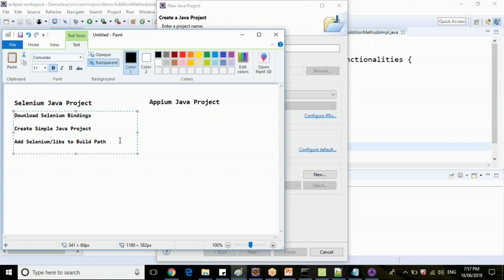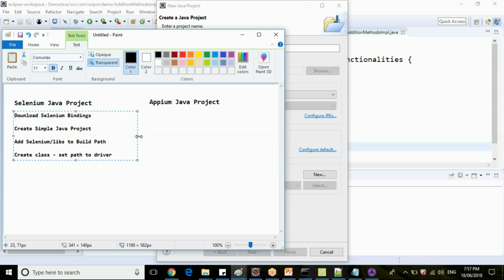Clear? Now what was the next step? Create a class. Under the class, you'll set the path to driver. Before the driver initialization, you need to set which driver you're using.